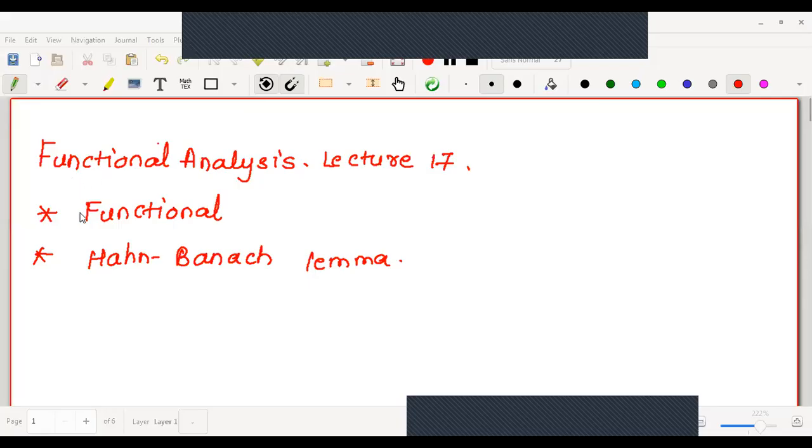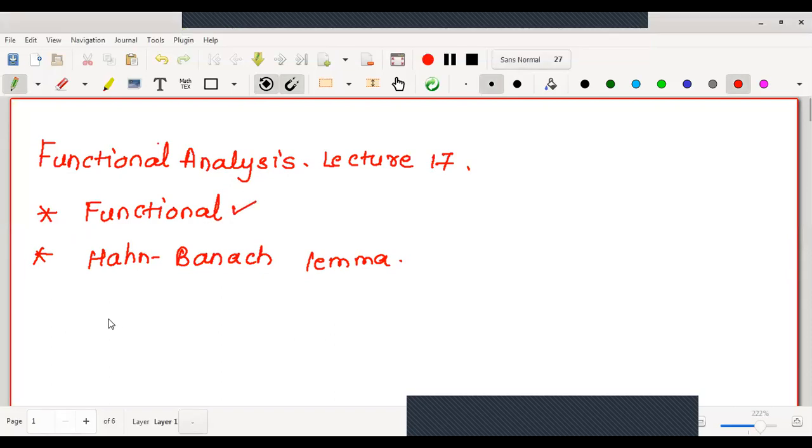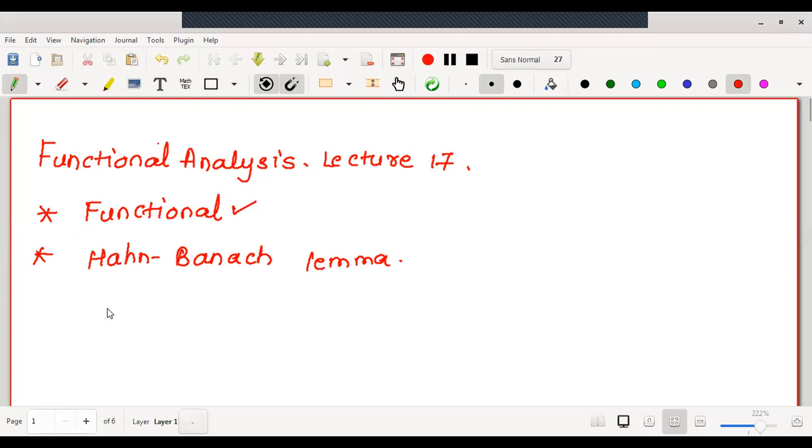In today's lecture, we are going to understand what is a functional and what is the Hahn-Banach lemma. Therefore, in today's lecture, we will start first with a definition of a functional. As the paper name is functional analysis,